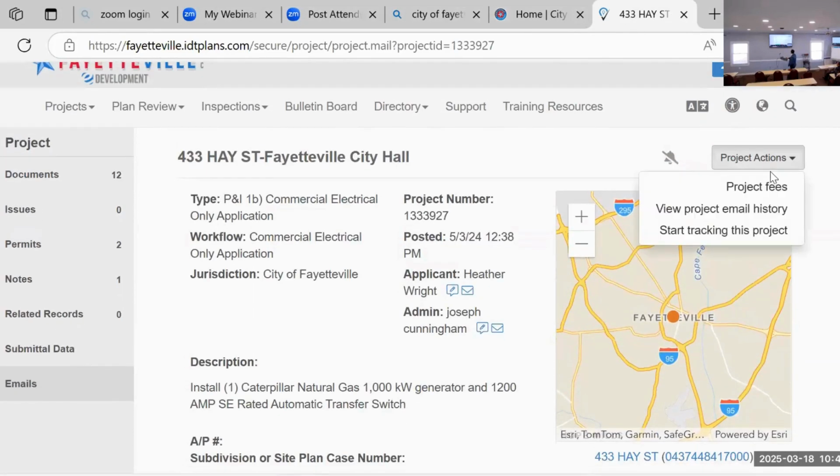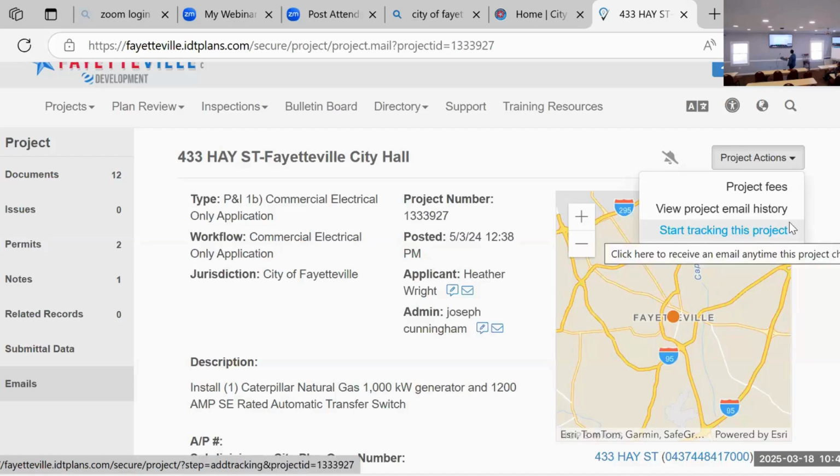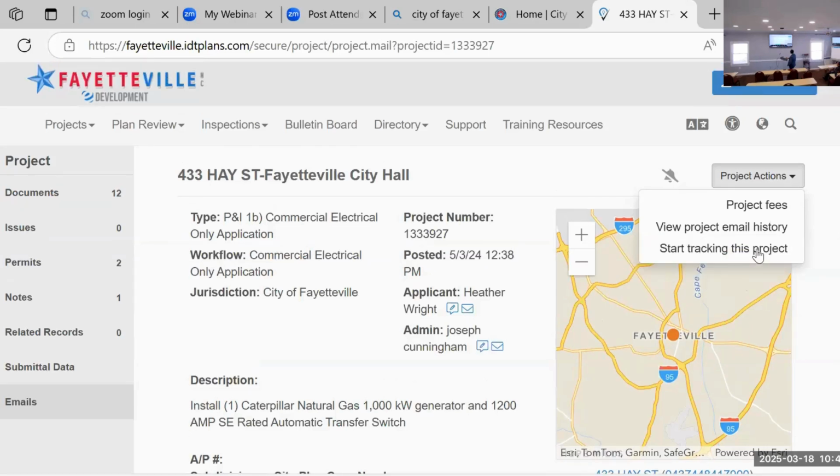Now the other step on this. Within the project actions tab, you click that, and a drop down is going to be in here. So you can check all the project fees to verify how much the applicant was charged for the work that they said they were doing. View the project email history. And then a very good tool to use if you're trying to track a project: you come in here and hit start tracking this project. This is what's showing up currently under the guest account, but if you're logged in, it's going to save it